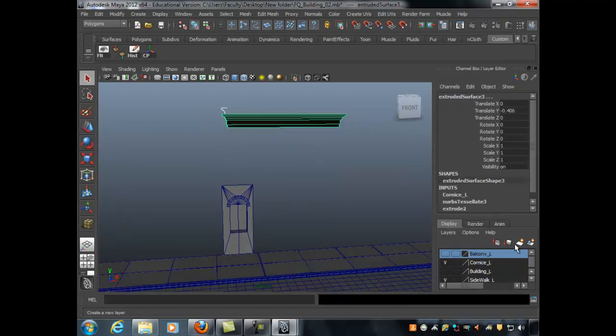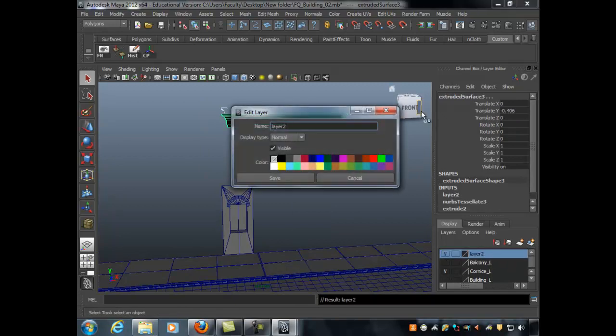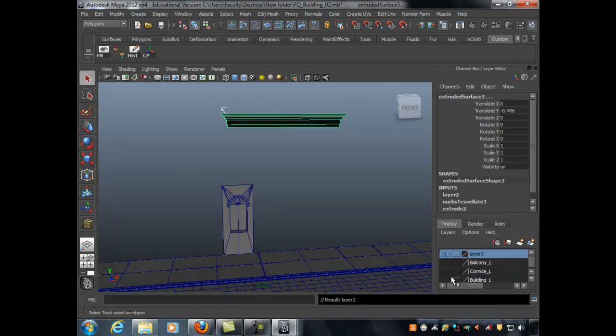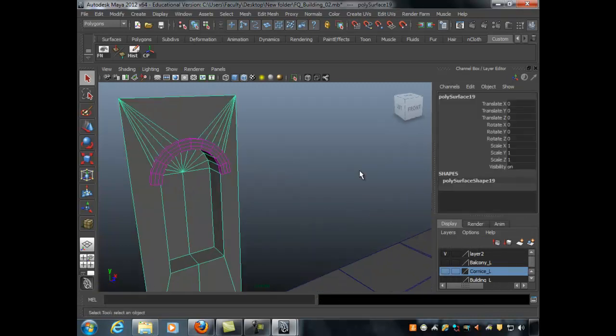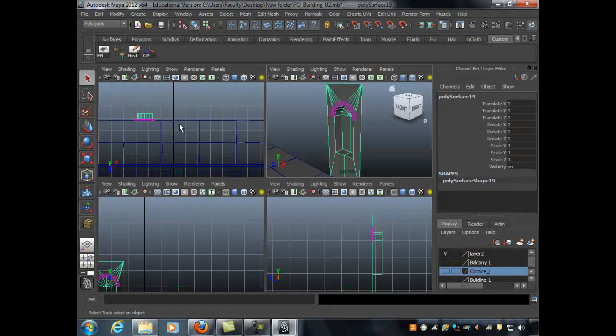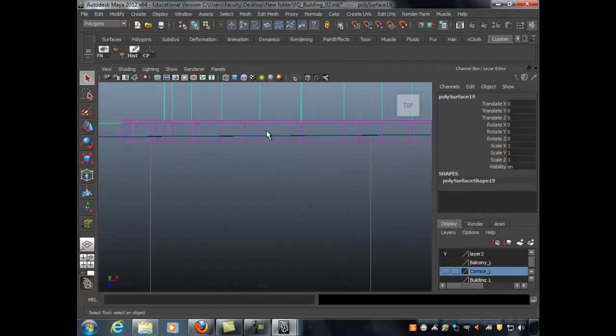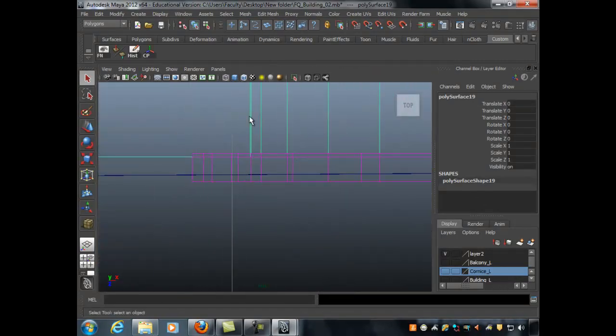And then I've got a cornice. I already had that cornice layer, but it somehow got undone. So I'm going to select that and add it back. Now I can hide that. So there's my window box, and I want to draw kind of a trim piece that's going to trim out